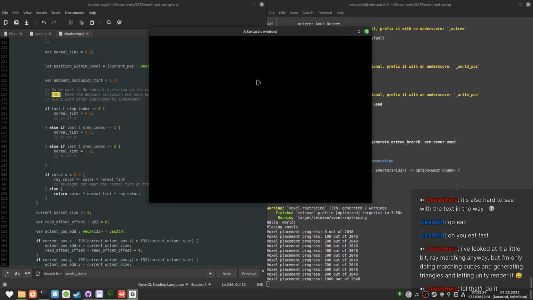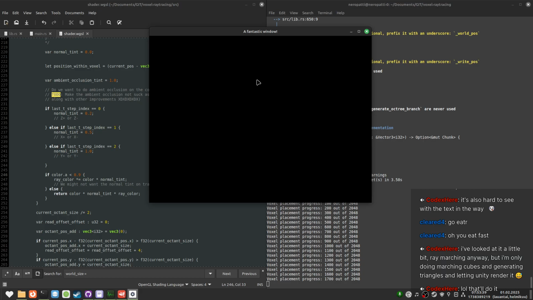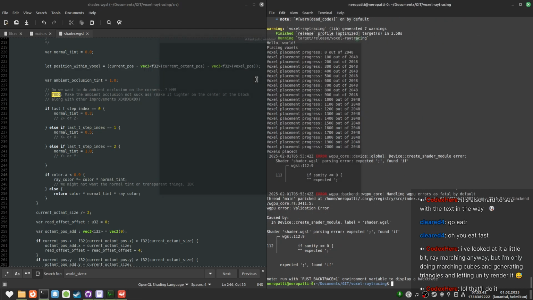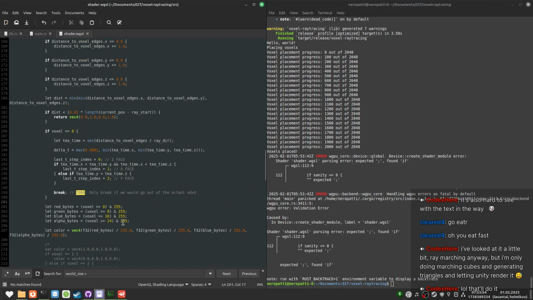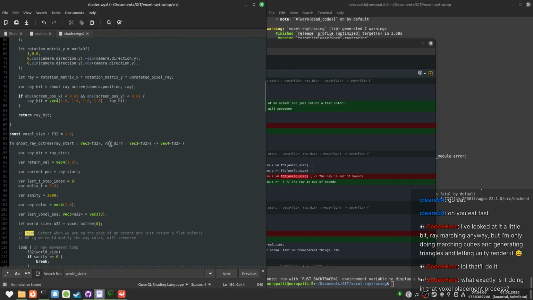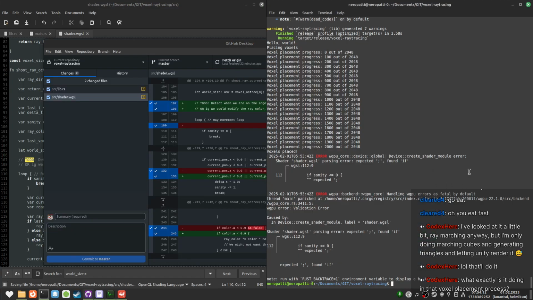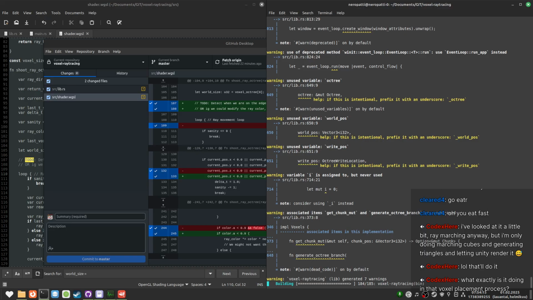Oh, but yeah, when I was using Godot, I would have had the same kind of... Well, I had... what the hell? What is broken? 112. What did I break? Did I just delete something accidentally? Oh, shader. I just have a random thing here now. Nice. Definitely not scuffed. Not scuffed at all.